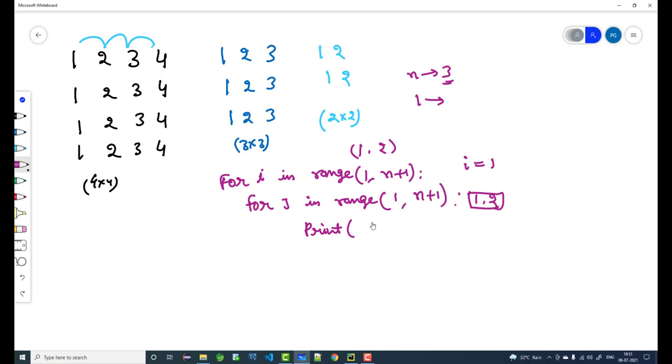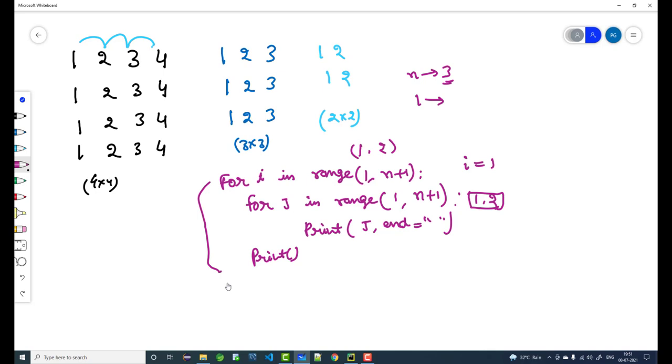So if we print j as the columns, then it is going to have the values incremented. So let me print j here, and for space let us put this, and no semicolon basically. Now, to take the cursor to the next row after this inner for loop completes, let us put one print here. So that's all the program we have to write.